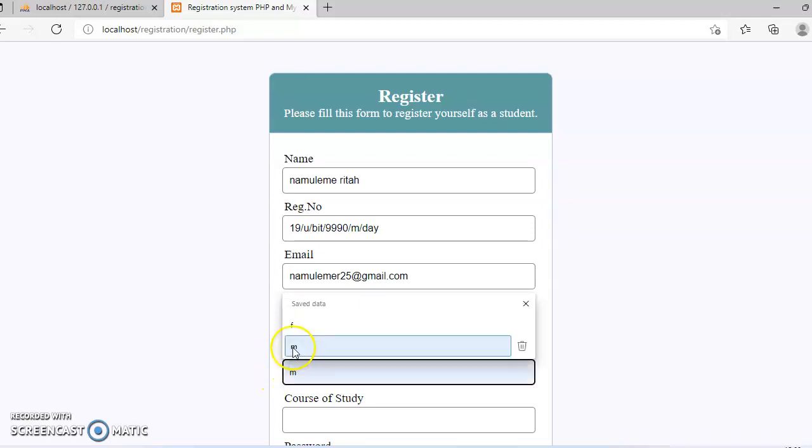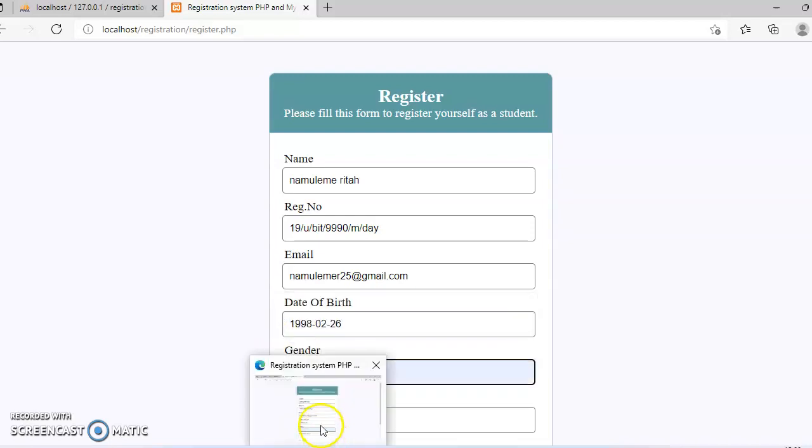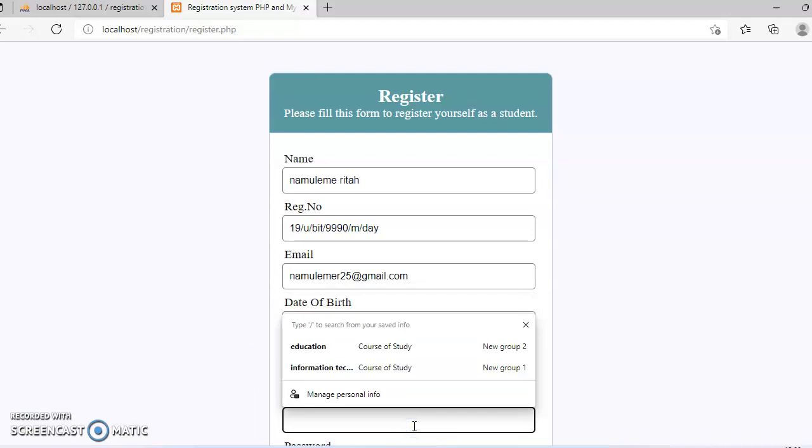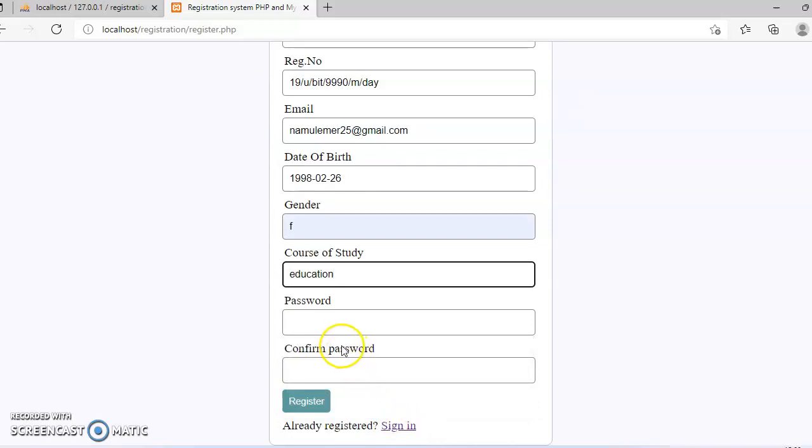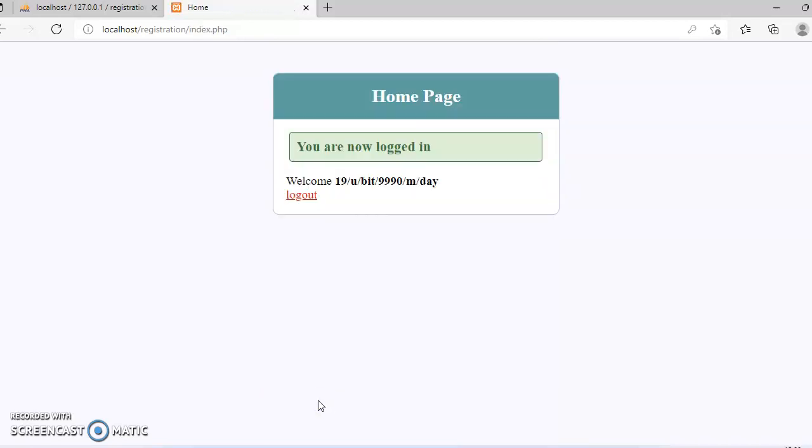Then the gender, she is a female. Then the course of study could be, let me assume, education. We have our password as Rita, and here Rita. So we shall register. So this is the successful message that the name has been registered.